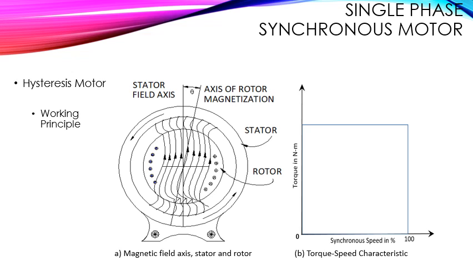So at synchronous speed the motor operates only due to hysteresis torque, whatever the speed is there. At this speed the rotor develops magnetic poles similar to the DC excited synchronous motor or the reluctance motor and adjusts the torque angle so as to develop the torque required by the load. So it is clear from figures A and B, the working principle and the torque speed characteristics of the hysteresis motor. Now we'll see the